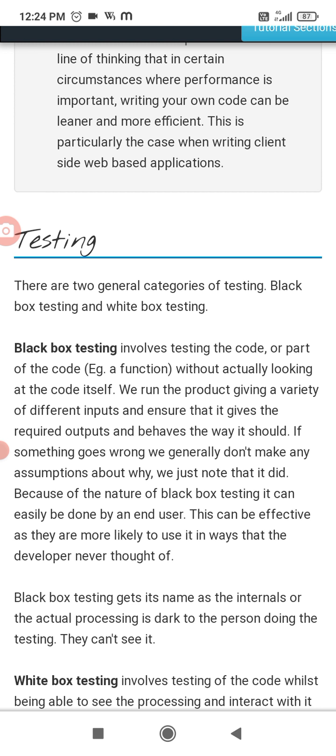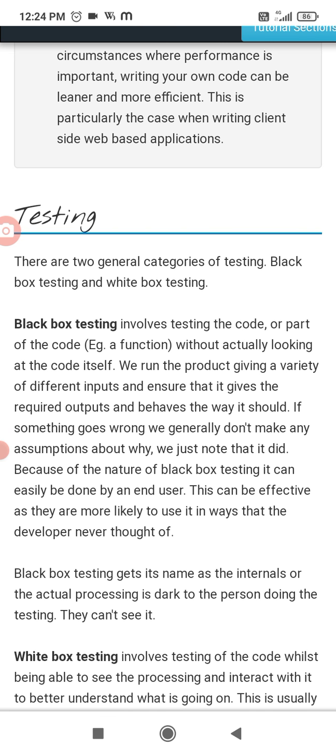We run the product giving a variety of different inputs and ensure that it gives the required output and behaves the way it should. If something goes wrong, we generally don't make any assumptions about why, we just note that it did.